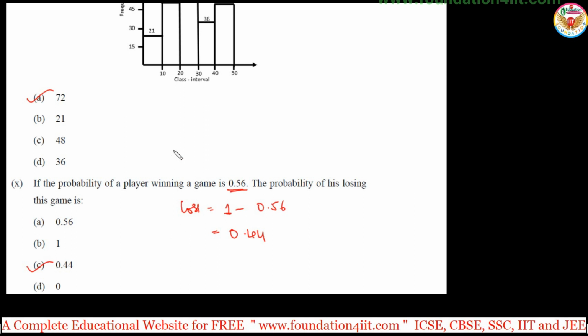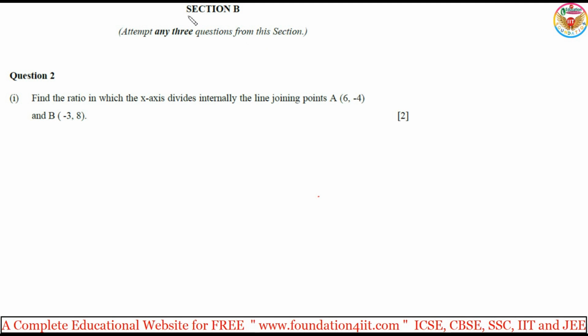This is question number 1, 10 objective questions for 10 marks, and then question numbers 2, 3, 4, 5, 6. We'll see now. In section B, attempt any 3 questions from this section. So we have question numbers 2, 3, 4, 5, 6, out of these 5 questions, any 3 we can attempt. Every question again has 4 sub-questions. For example, see question number 2. Each one carries 10 marks. So 3 questions, 3 into 10, 30 marks.